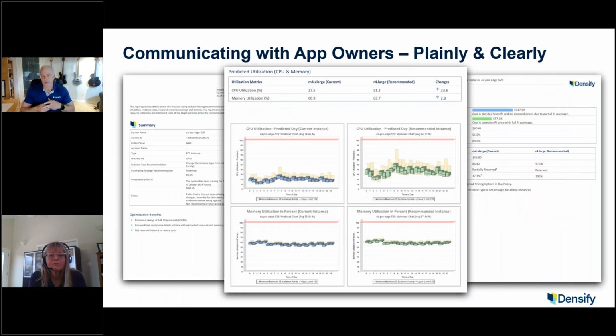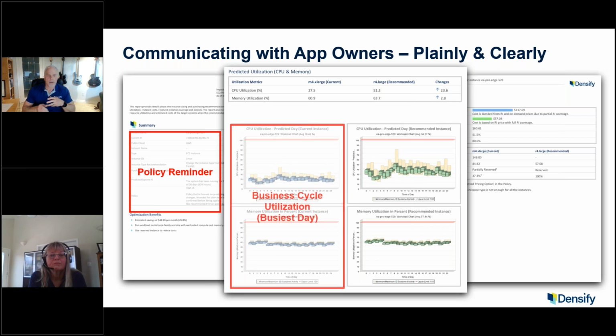The app owners then. So when they take an answer like this, every single answer comes out of Densify as not a black box, but a report that tells you, how safe is this going to be? What is the basis of the answer we're coming up with? So a reminder of the policy that we're actually using to analyze, which is maybe I need a quarter's worth of data. I'm going to look at the 99th percentile, all that information. The before and after, so the business cycle utilization on that predicted day and the busiest day down below,